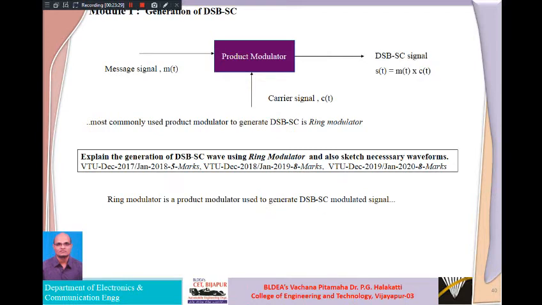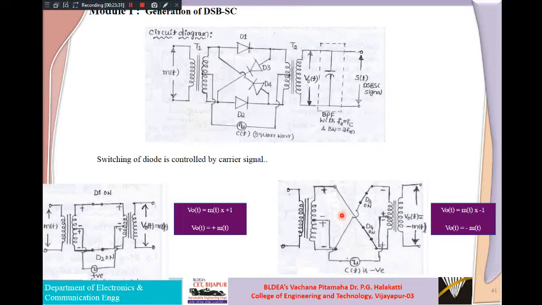Now let us see how things are going to work out here. The operation is very simple, but the circuit diagram is typical. It contains two transformers, so it looks very complex, but its operation is very simple compared to all the previous circuits. So now we can see the two hybrid transformers here, T1 and T2. The main parts of this ring modulator circuit are the two transformers T1 and T2.